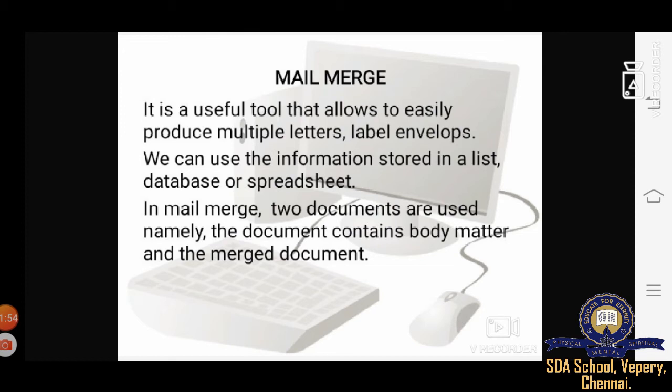Now let us learn how to use the Mail Merge Wizard to create a data source and a form letter for mail merge.